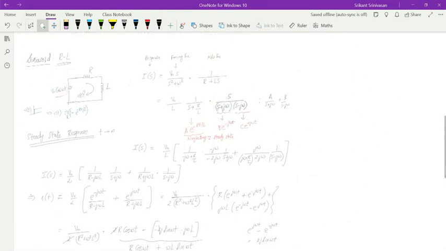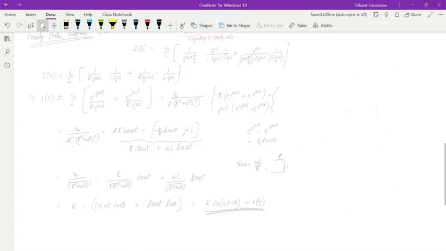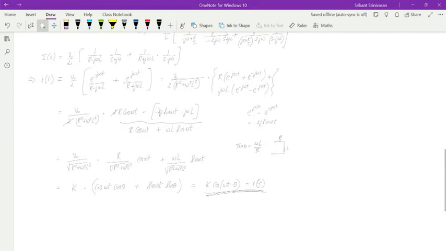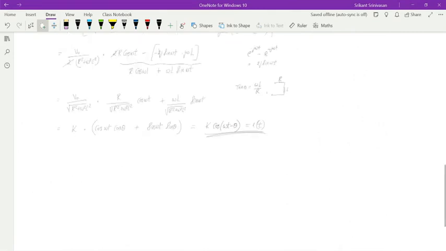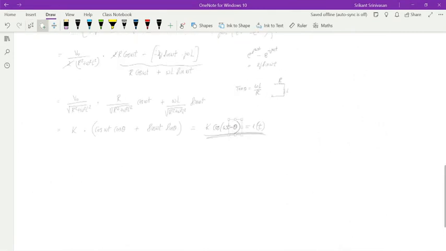And you always note that supposing I have cos omega t or sin omega t, I will get a denominator term as s square plus omega square. If I get s square plus omega square, I will always get two poles, s plus j omega, s minus j omega. And because I have those two poles, my response will always have two terms, e power j omega t, e power minus j omega t. And they will always combine with each other, and again they will become a cosine or a sine function. So whenever I have a cosine or sine input, I will always get the same cosine or sine output. Only difference is I will have a phase shift. Okay. So these observations you understand carefully and keep in mind. So let us stop the recording here.